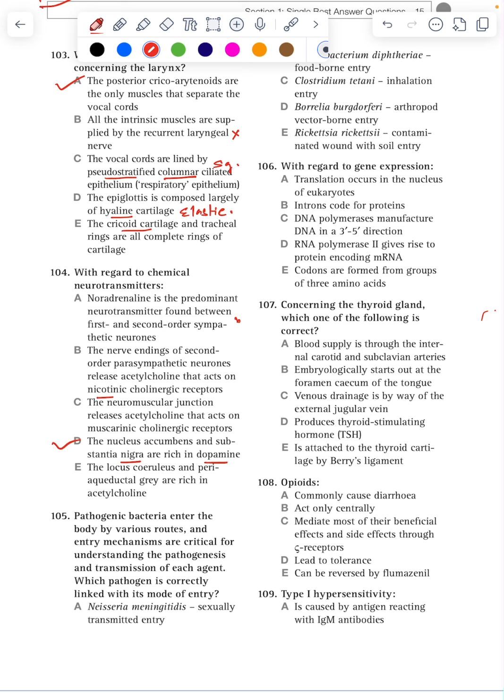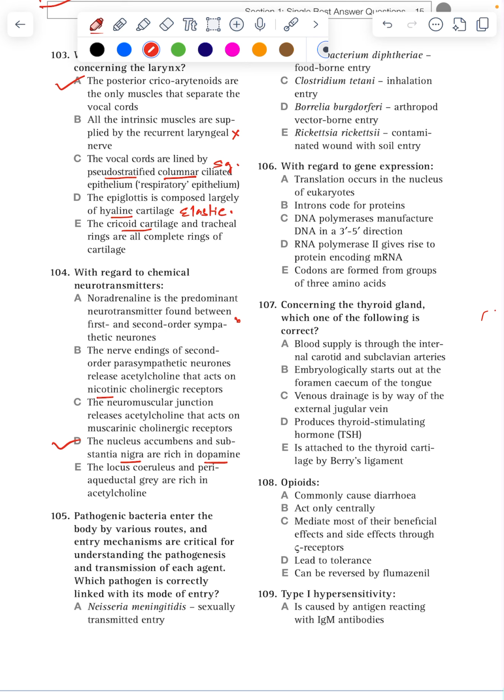The nervous system can be divided into somatic, voluntary, and autonomic parts. The autonomic nervous system consists of two divisions, namely sympathetic and parasympathetic. Both sympathetic and parasympathetic fibers consist of two neurons: the first order neuron, that is preganglionic, and the second order neuron, that is postganglionic, with two synapses. The key difference between the two: first order neurons, sympathetic and parasympathetic, are myelinated, whereas second order neurons, postganglionic, are small and unmyelinated.